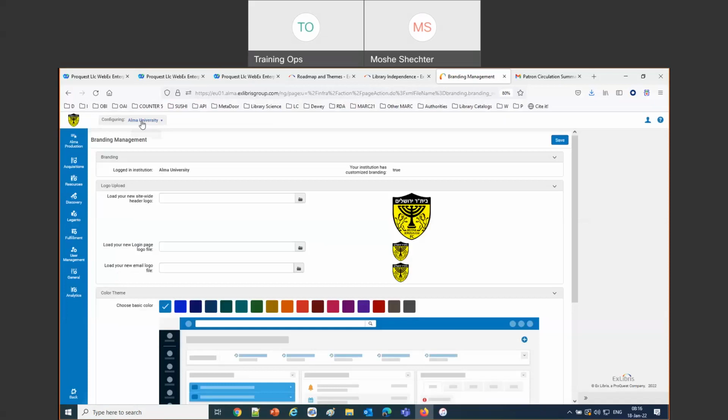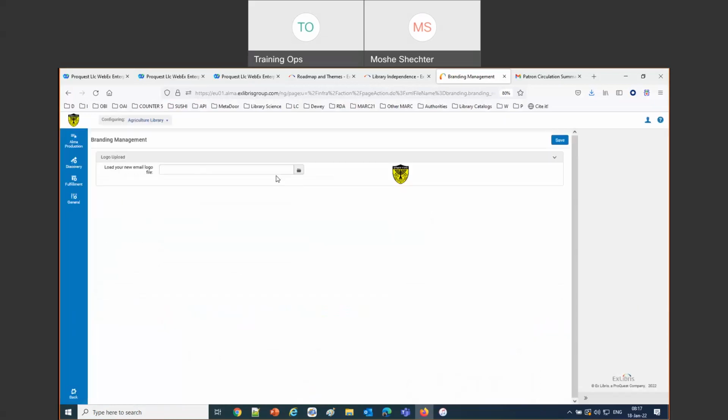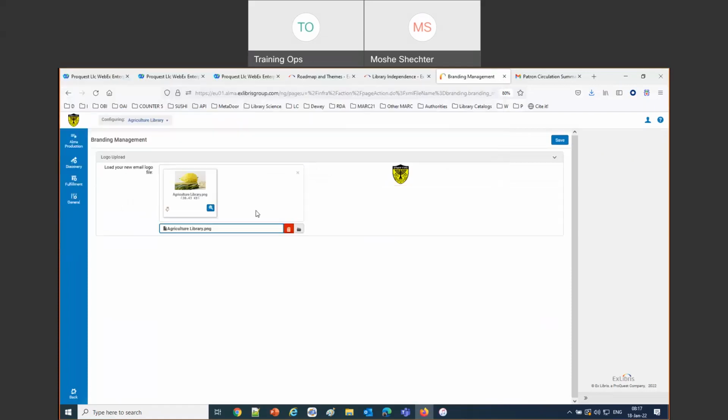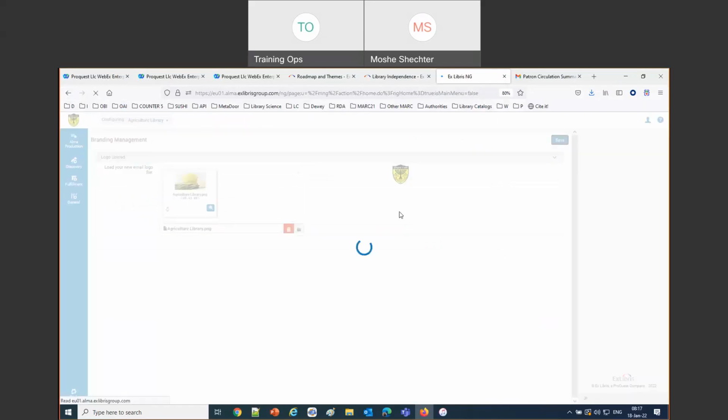You see up here it says configuring Alma University. Now it's possible also to configure this on the level of the library. So I'm going to choose the agriculture library, and now I can choose my own logo for the agriculture library, and I'll choose that etrog with a lulav, and we'll save that. So the agriculture library now has that citron fruit and palm branch.